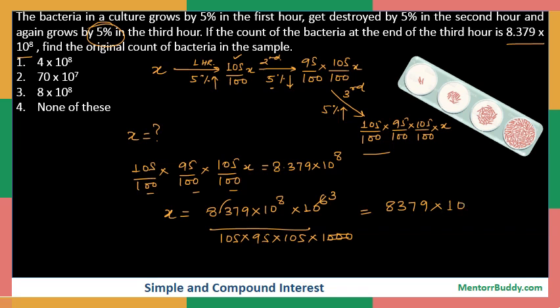So therefore I can directly write it as 10 to the power 11 divided by 105 multiply by 105 multiply by 95. So 105 multiply by 105 is nothing but 11025 multiply by 95, and I will be getting a very big number which is equal to